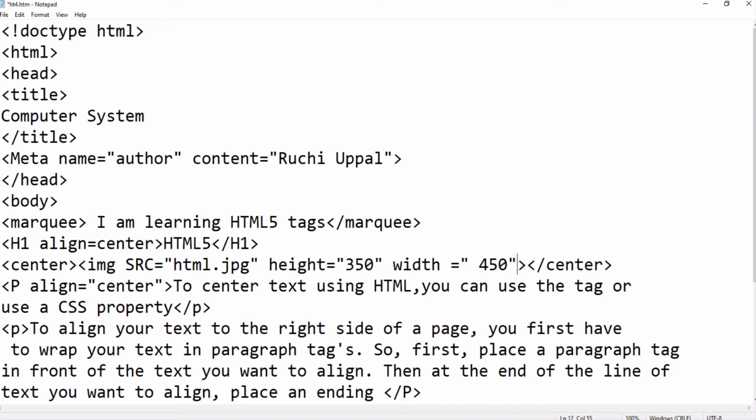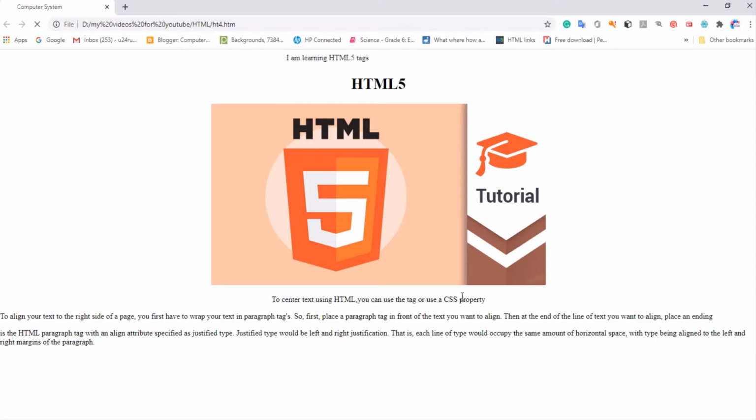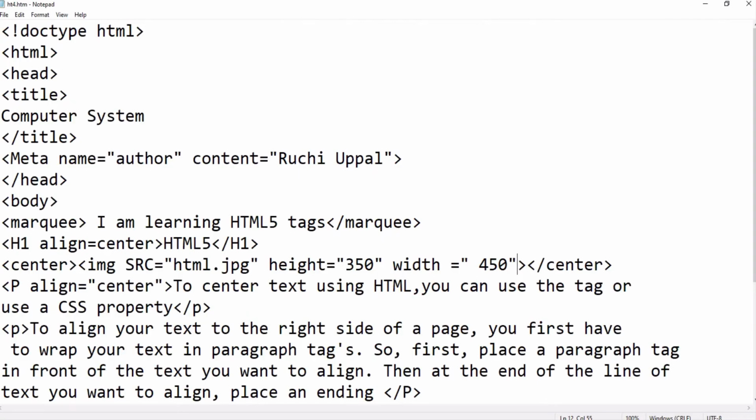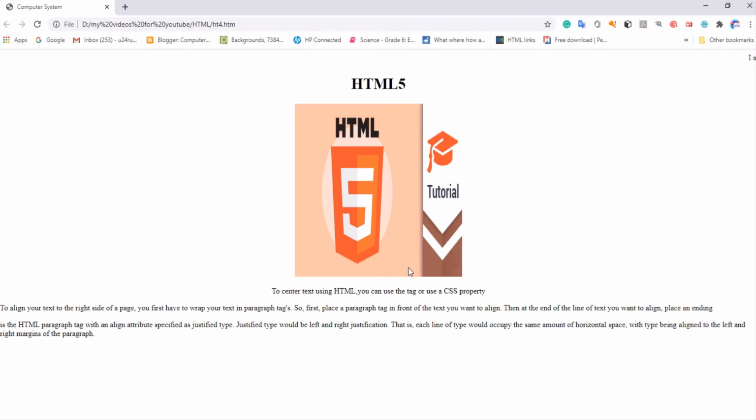Let's save this file and refresh the browser with the F5 key, and check the output. Yes, the size has decreased. If I make the width a bit 350, let's check the change here.